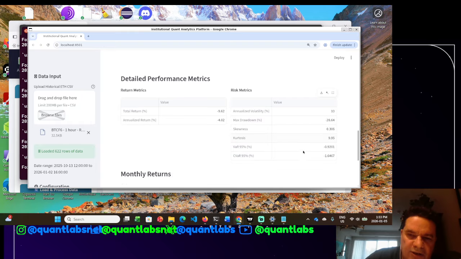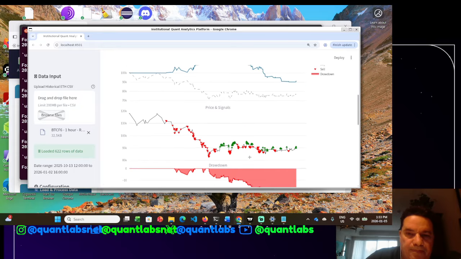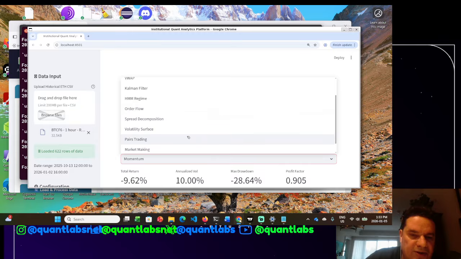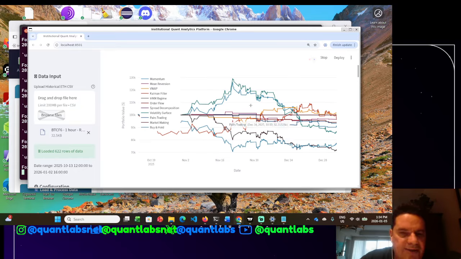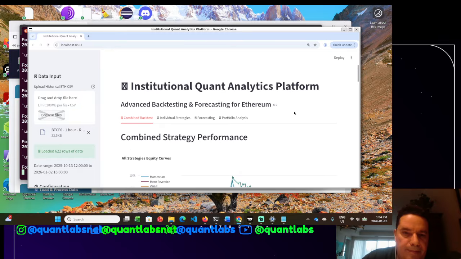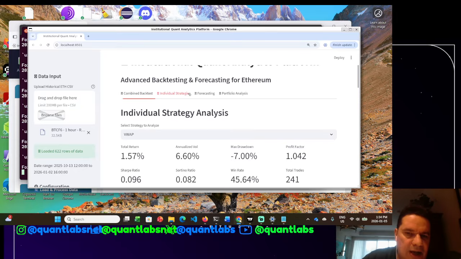And you can see here our risk metrics are not that great on this strategy here. Okay, but if we know that the VWAP or the market making was a good one, let's say the VWAP here, let's look at this individually. Now, the thing about this type of automation is a couple of trends we can see here: we can allow AI to do all our backtesting for us.